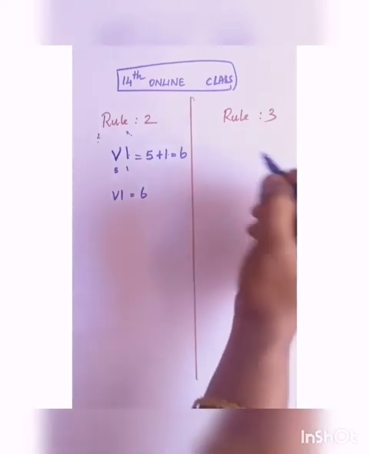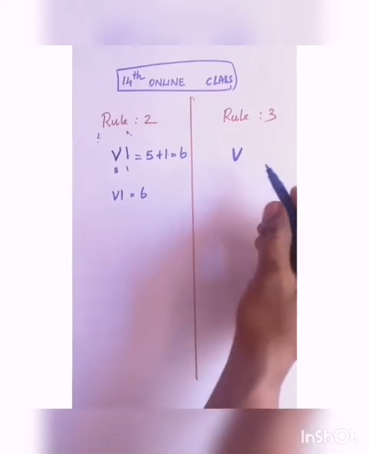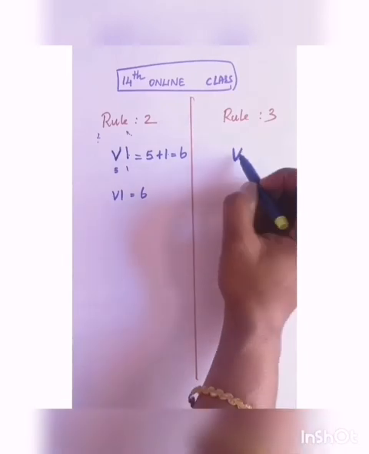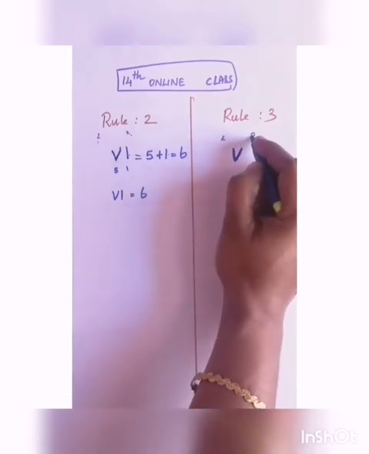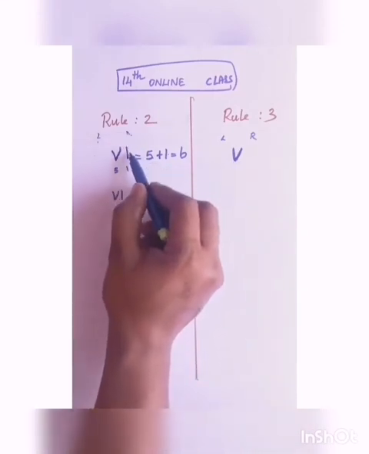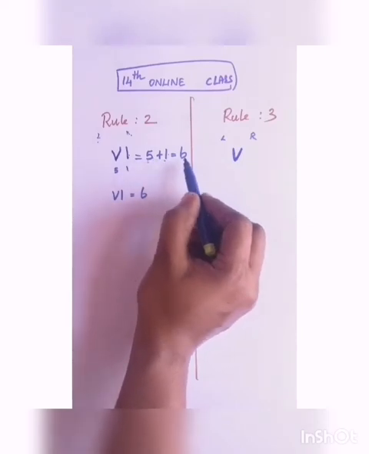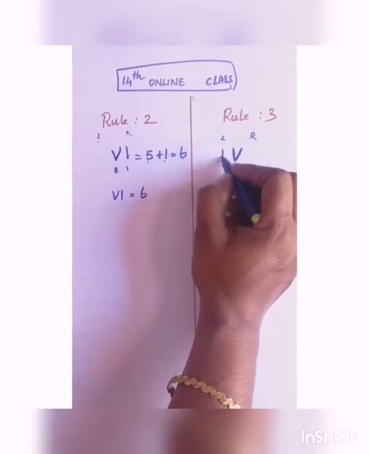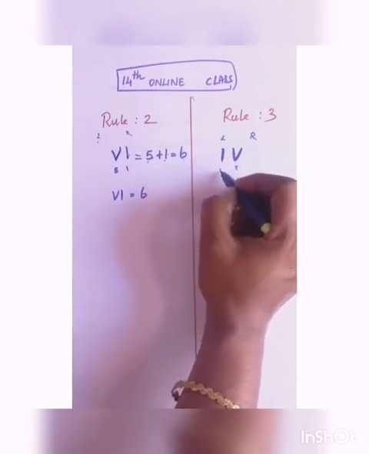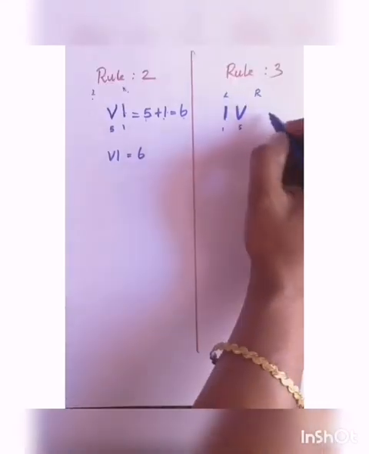What is rule number 3? We have the 5. This is the symbol of 5. In numerals, we represent 5 like this, V. For 5, this is the left side and this is the right side. Is it clear? When this I appears on the right side, we have to add these 2 numbers. We get 6. When I appears on the left side, I means the smaller value. This is 5 and this is 1. So when I appears on the left side of the larger value, we have to subtract.